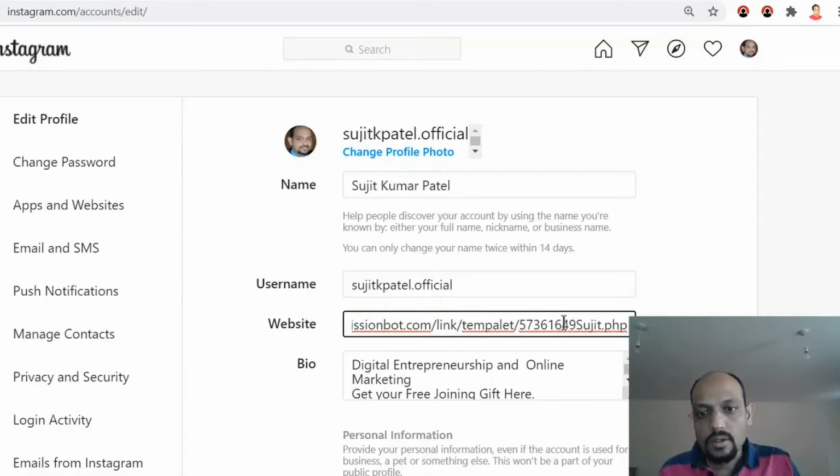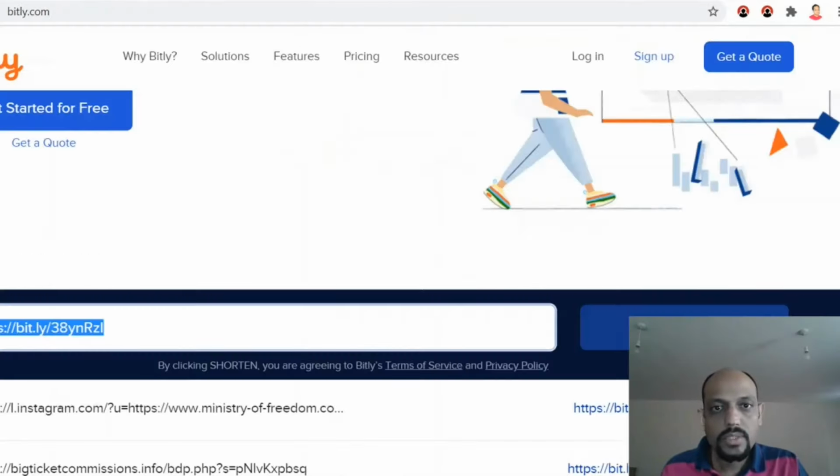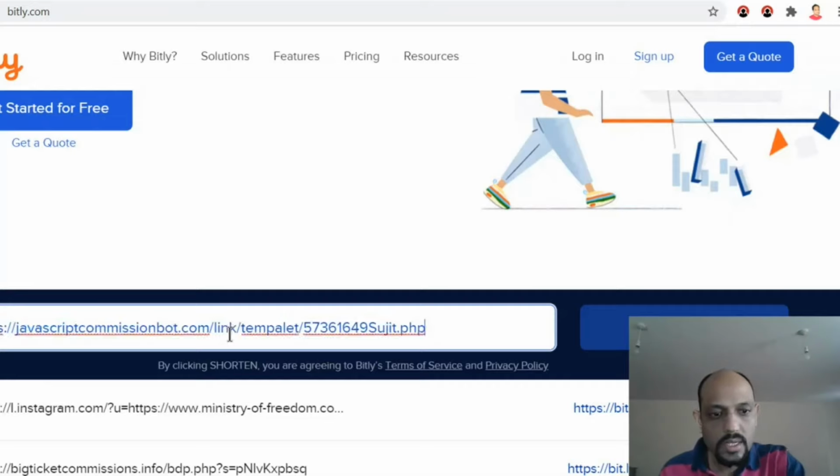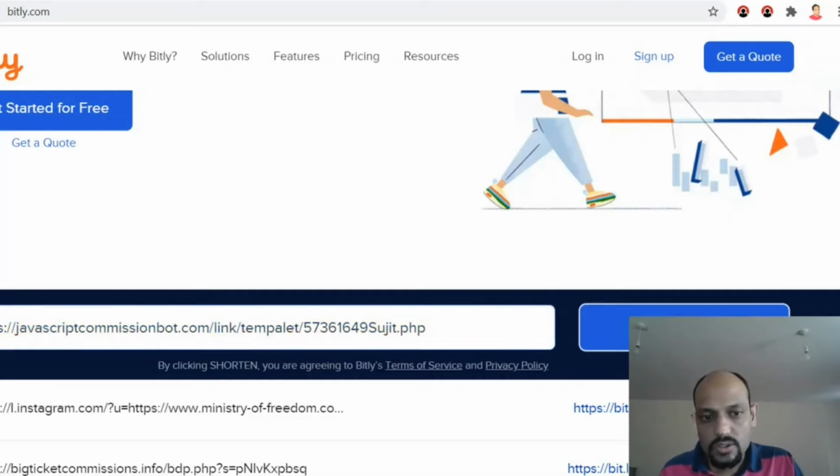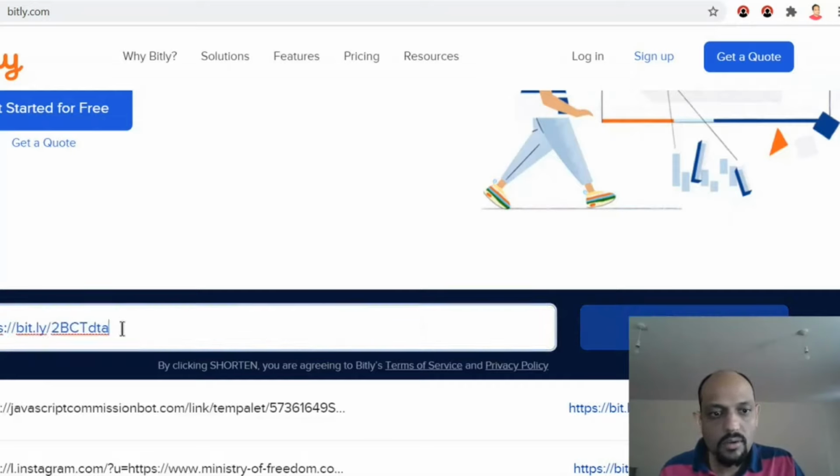So if the link looks too long, then what you will do is, we have one website which shortens your link, right? It's called Bitly, or any shortener URL provider. Okay, so I'll just paste the long link, then I'll shorten it. See now how short it is now.